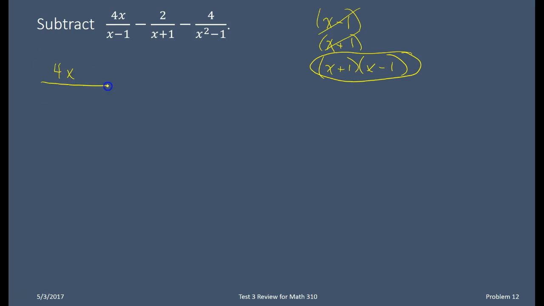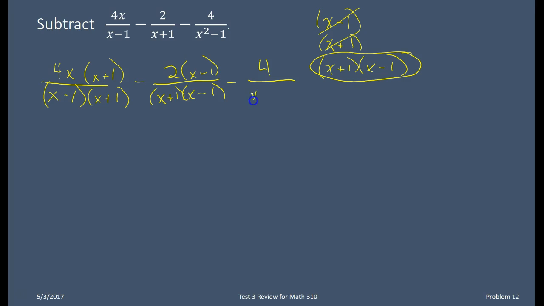For 4x, we have x minus 1. We need x plus 1, so that's what we're going to multiply top and bottom by. Minus 2 over, we have x plus 1. We need x minus 1's. Minus 4, and we already have x plus 1, x minus 1. Now we have the same denominator everywhere. So we are going to keep that denominator. We're going to have x plus 1,